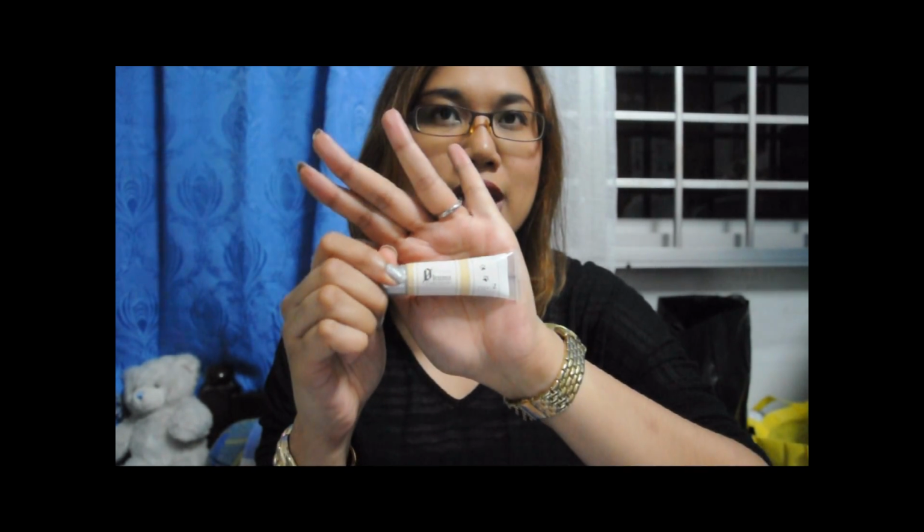So as you can see, the shade is very light. I think the shade is type 2. I'm not very sure, but it says type 2 here, so I think that could be the shade. It is a Korean brand, and the applicator looks something like this. It's sort of like a lip gloss applicator, and the way that I apply it would be to just put a little bit on my finger, and just, as you can see there,